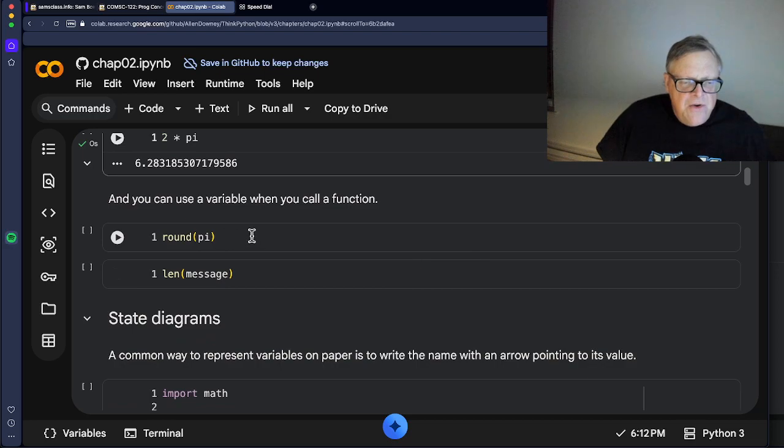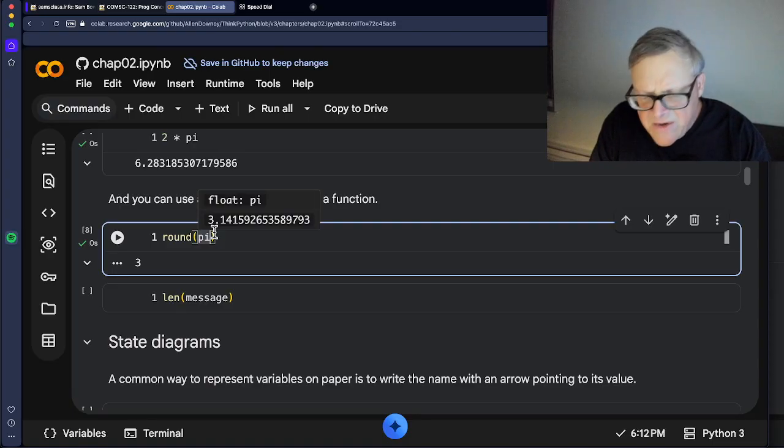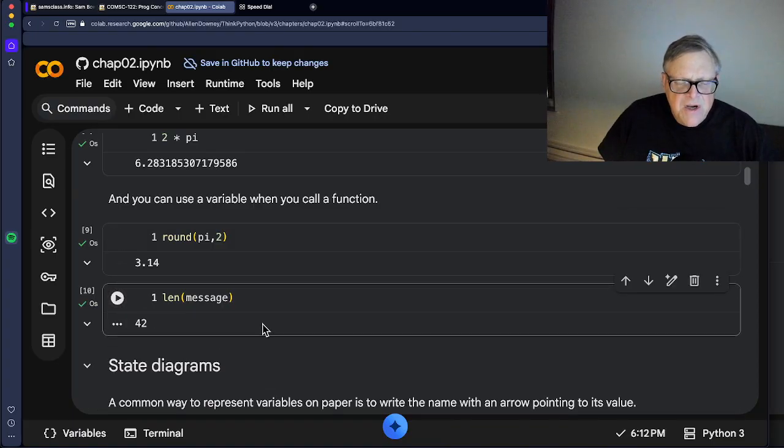All right, and you can use functions. So I can round pi. If I don't specify how many spaces, it'll round it off to an integer of 3. I think if I put number of spaces here, like 2, I think this will give me 3.14. Yeah, okay. And here I have a message, and I can get the length of the message, and it's 42